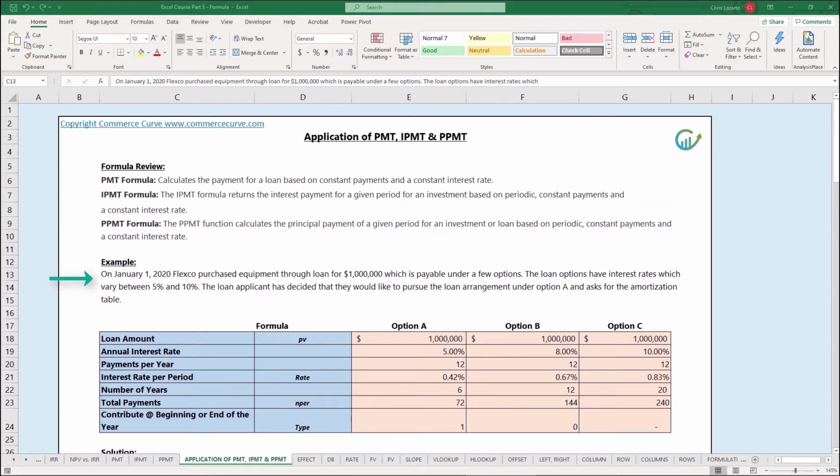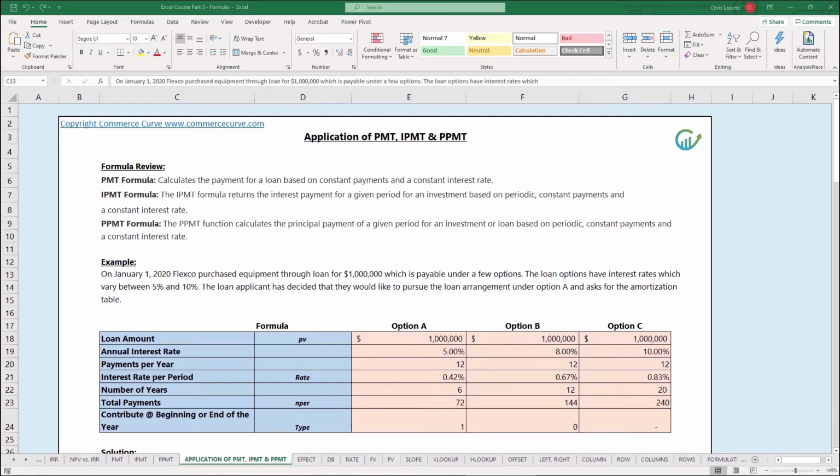In our example, on January 1st, 2020, Flexco purchased equipment through a loan for $1 million, and it's payable under a few different options. There are options A, B, and C. The loan options have interest rates which vary between 5 and 10%. Option A is 5%, option B is 8%, and option C is 10%. The loan applicant has decided that they'd like to pursue the loan arrangement under option A and has asked for